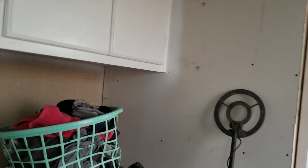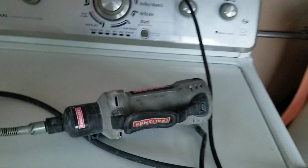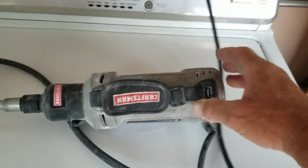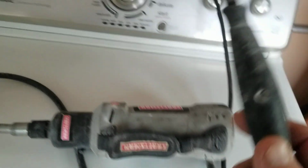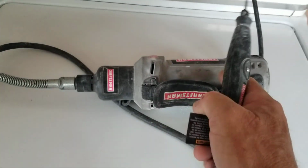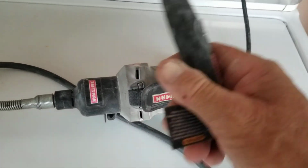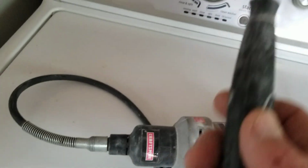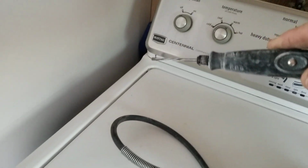So anyway, I wanted to show you another tool that I use. Is this one. And this was originally invented, called a roto zip. And this one has an extension on it, so it makes it handy. I can hook this onto my belt, so it's right on my side. And then this little tool right here, the little wand,